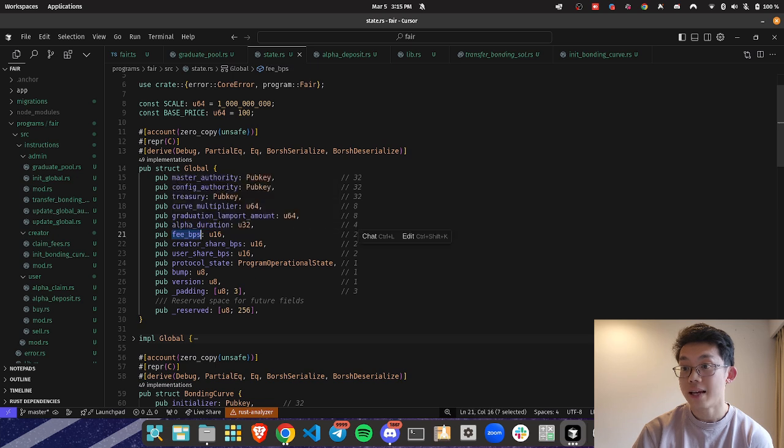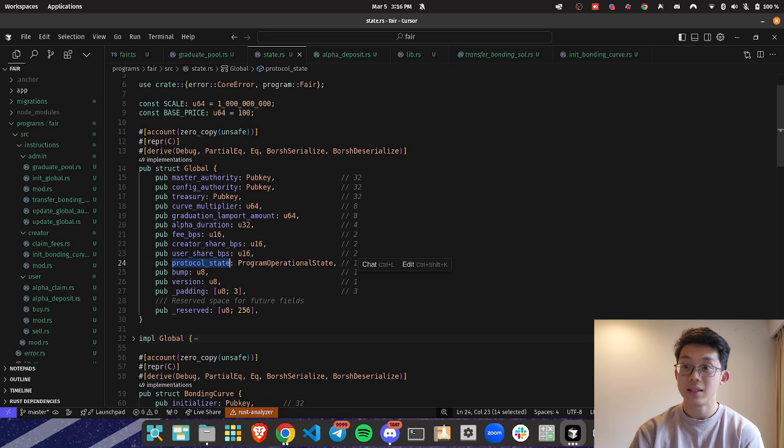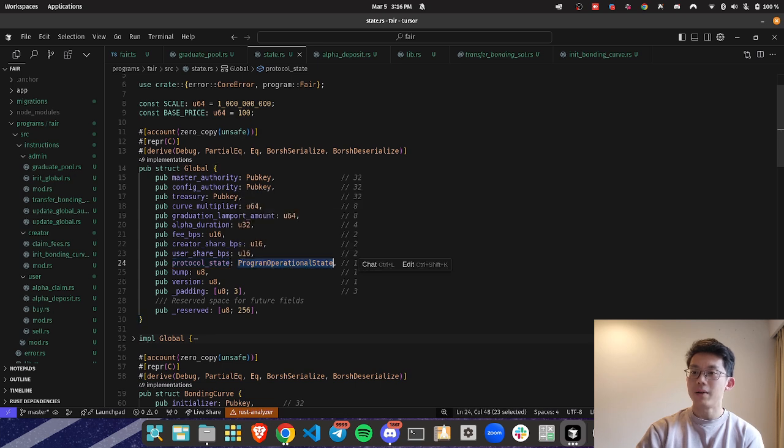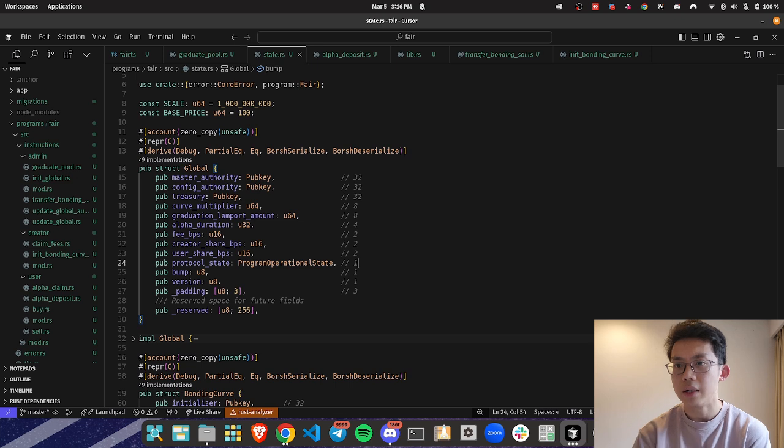Yeah, we've gone through this, and this one is the protocol state. I like to add this in for all the programs that I create, because I read it somewhere. I can't remember who posted it, and I don't want to get it wrong, so I'm not going to try to recall the name. But there was some awesome Solana chat that posted a tweet about having this in place,